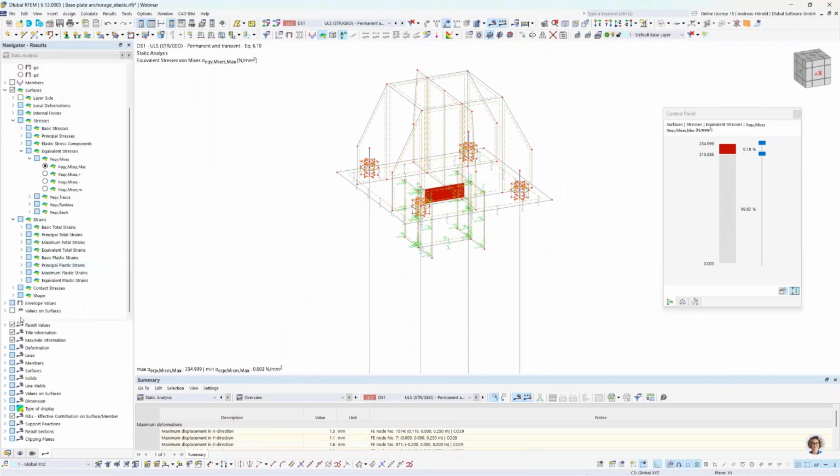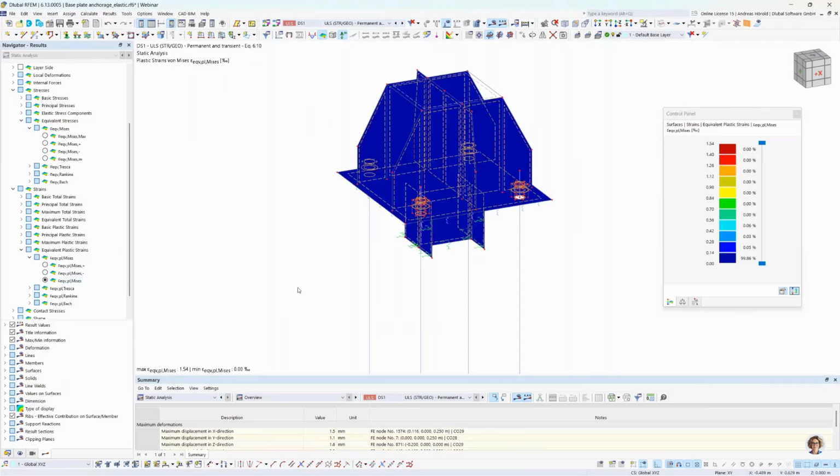That's the strain. And you can see the equivalent plastic strain when you check this. Just a moment, it's correct. The maximum strain is